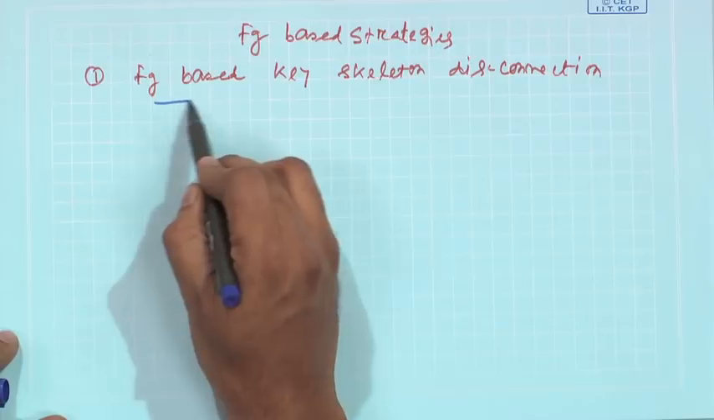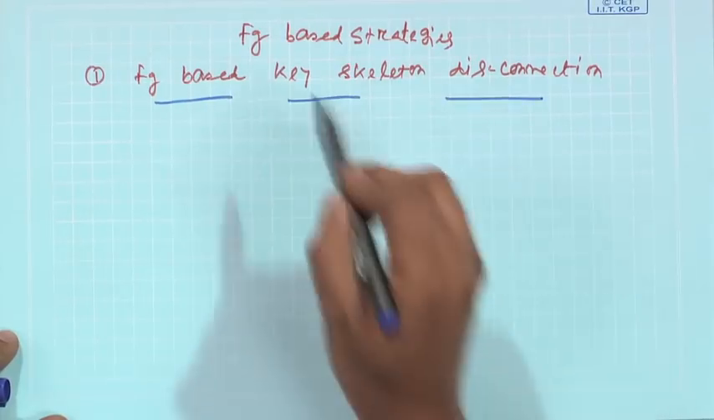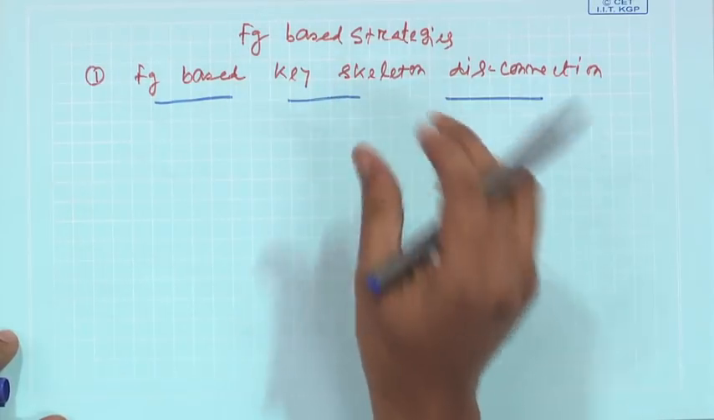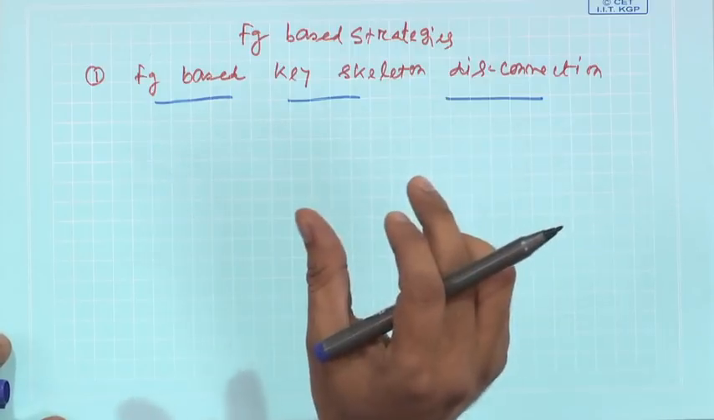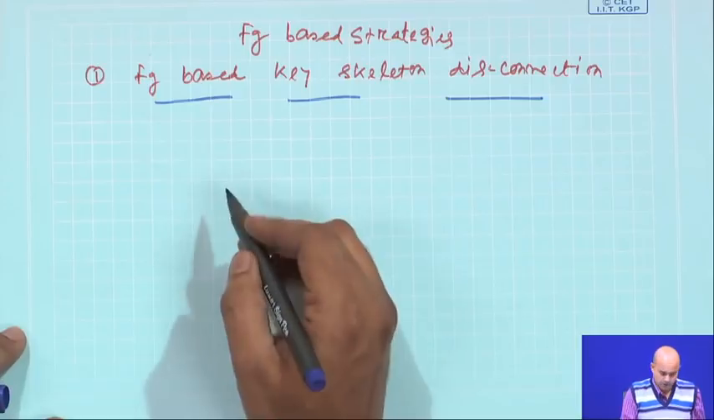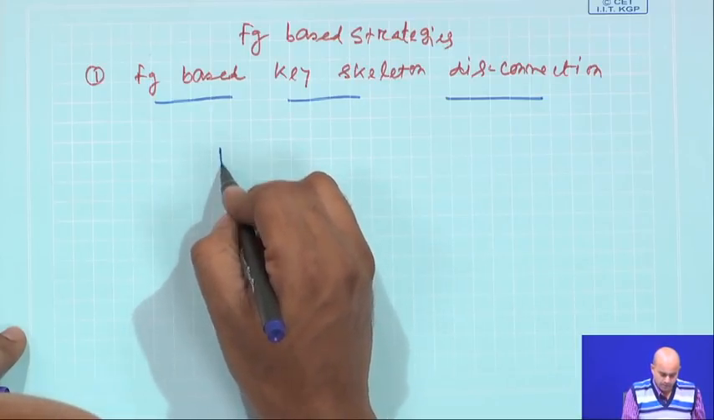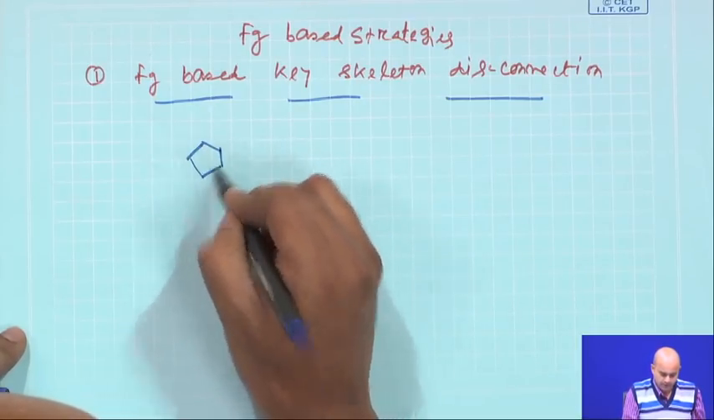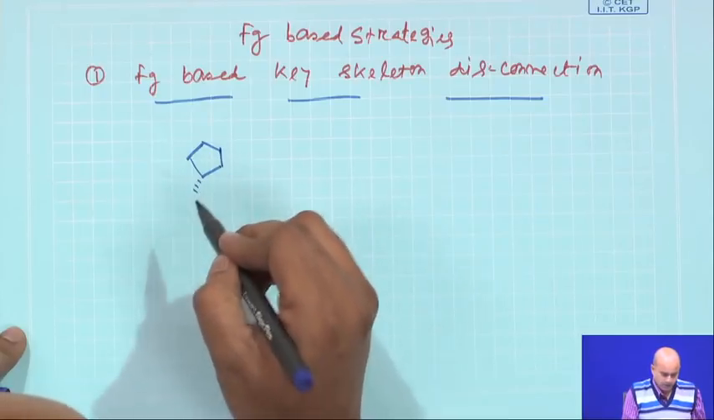So, we will continue our discussion on the same topic, and today also we will be talking about this functional group based key skeleton disconnection. We will mainly try to disconnect the skeleton of a given molecule based on the functional group present in the target structure. Now, particularly this problem which I am going to discuss, the target molecule has a